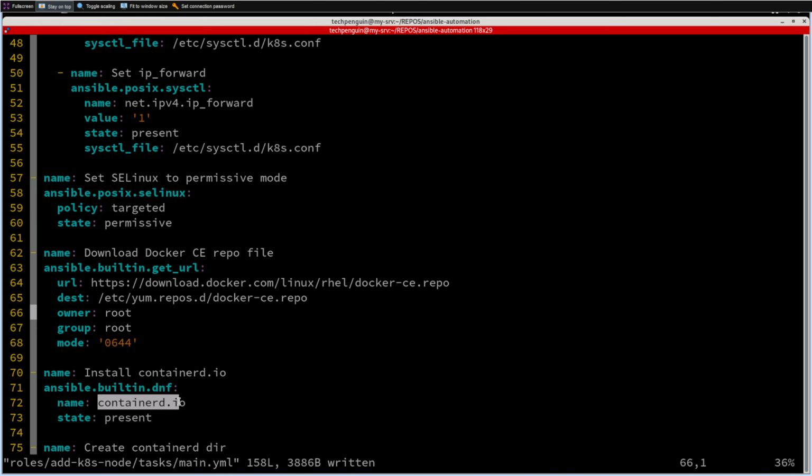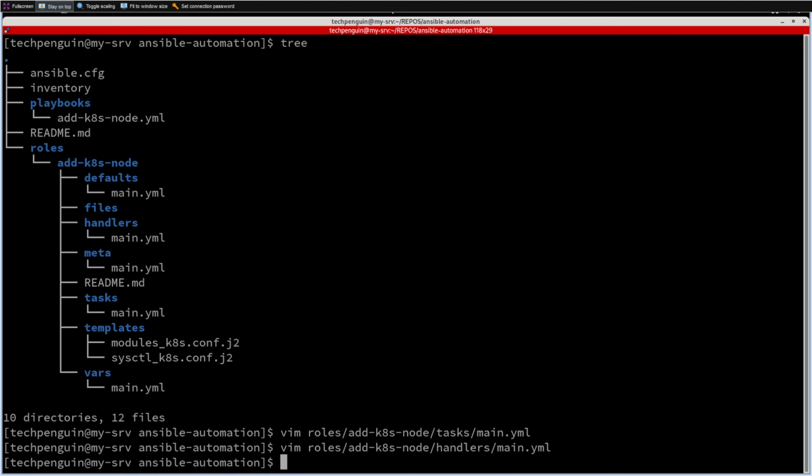So in the event that container D changes, then it calls this task, and it makes sure that state is restarted. I don't think there's anything else under roles. But then if we look at the playbook itself,